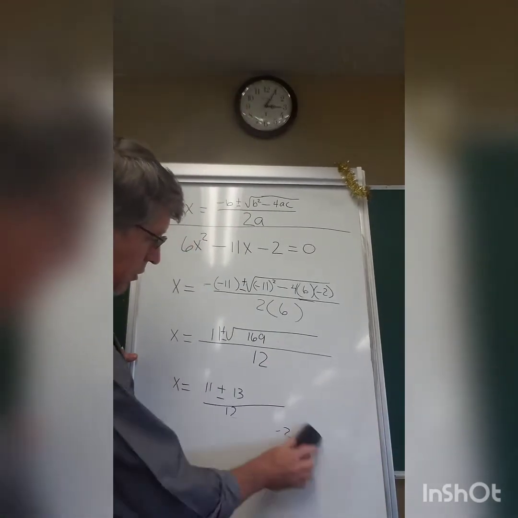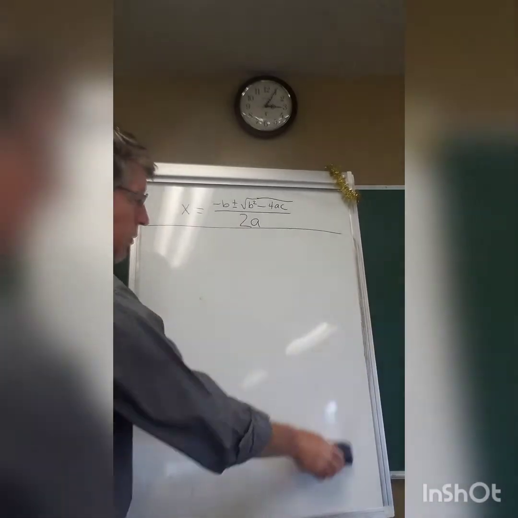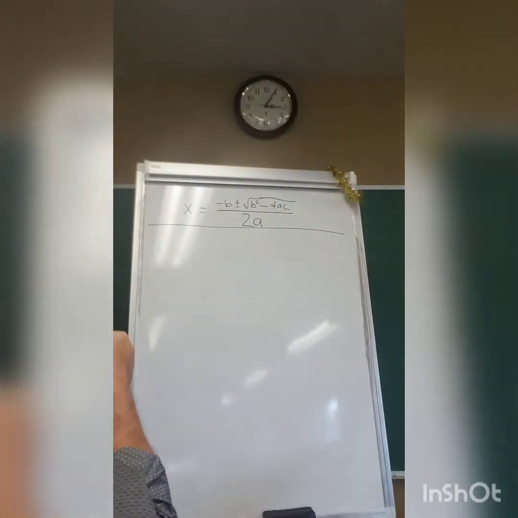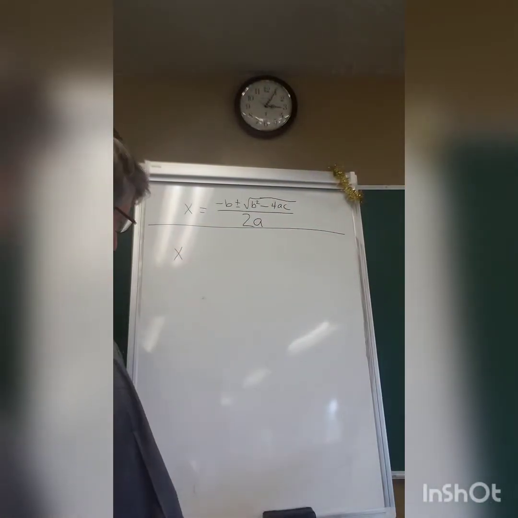Again, it's another method that we can use. Go to example number 2. We'll go over that one as well. You have 5x squared. So let's just write it out. X equals